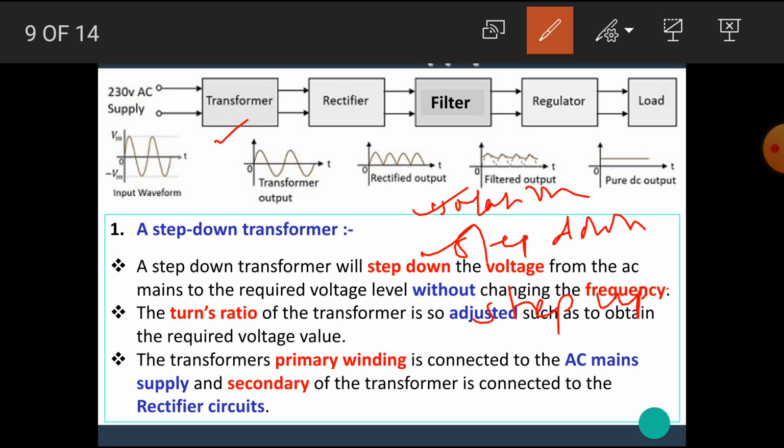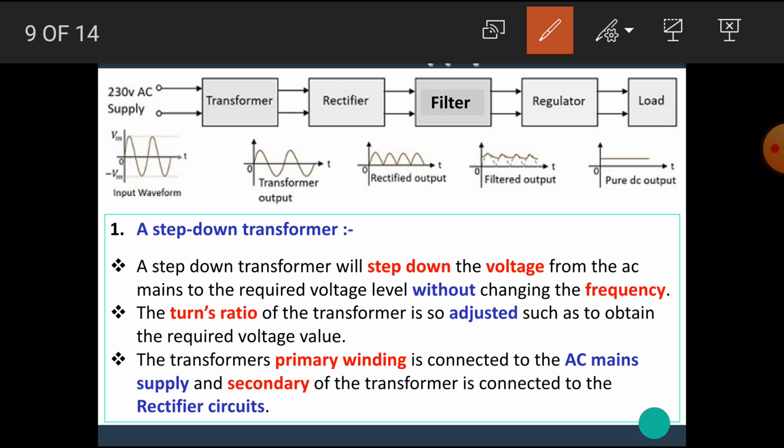Here we want to use a regulated power supply having the values plus 12 volt DC or plus 5 volt DC. For that purpose we use the step down transformer. Okay, I hope you all understand why we use a step down transformer. A step down transformer will step down the voltage from the AC mains to the required voltage level without changing the frequency. That means the transformer has the input 230 volt AC and the frequency 50 Hz,